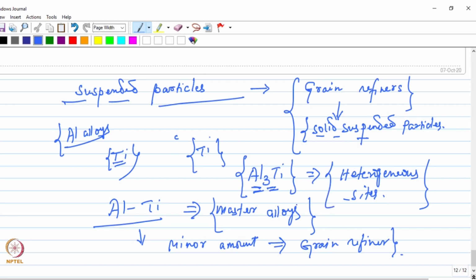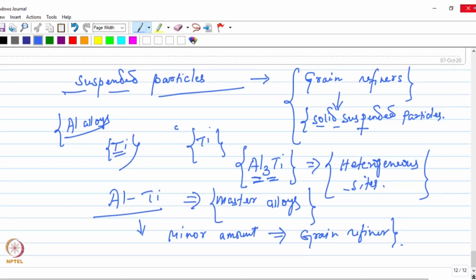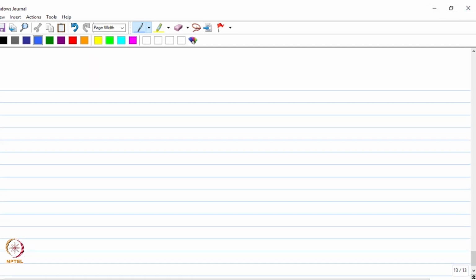Okay, so that is how, with the help of adding such grain refiners, you can actually increase the rate of nucleation, and as you solidify the metal, the microstructure will be fine grained. Okay, so this is a topic that we are going to discuss in more detail, as I said, but let me also tell you there are other techniques as far as the melting and casting route of grain refinement is concerned, and those are basically